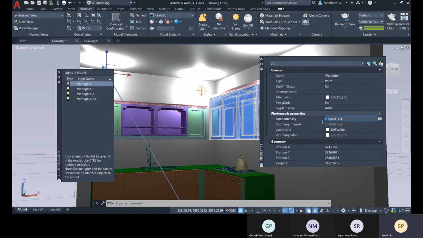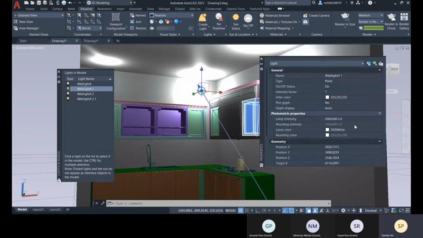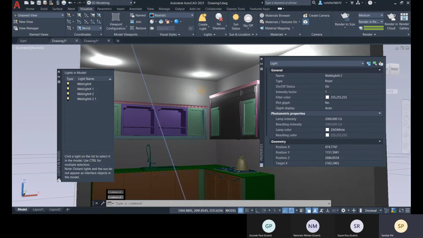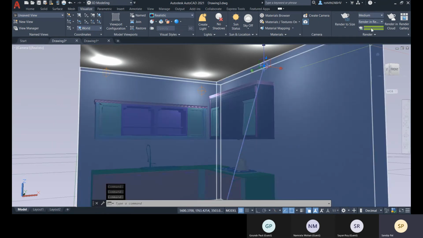So let me change it to 1000 there, and I think this light will work properly now.